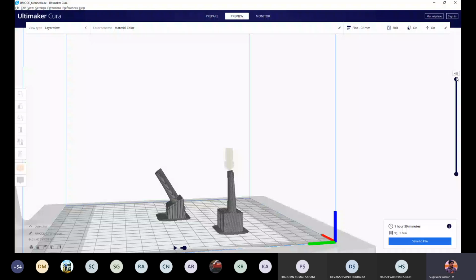As you can see, if both are aligned vertically, this is the support required. But if you do an inclination, it will change the support requirement, and sometimes it will increase the support requirement. So what you have to understand from this is that you have multiple ways of orienting a part, and this will have a significant impact on support material consumption.